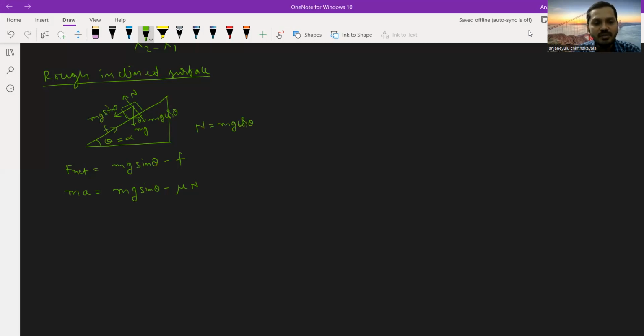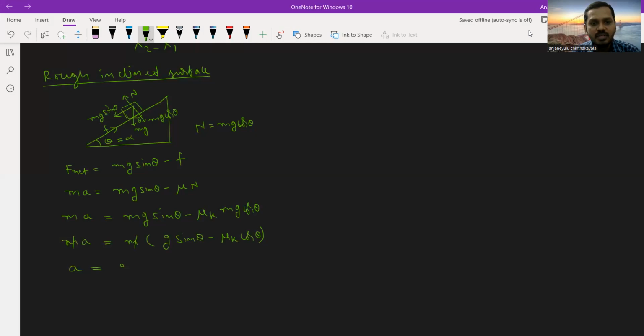Now from the last equation, ma is equal to mg sin theta minus mu k into N, whose value is mg cos theta. On the right side we can take m common, so ma is equal to m into g sin theta minus mu k cos theta. On both sides we can cancel m and m. Now finally the acceleration of the block placed on the rough inclined surface, a, is equal to g